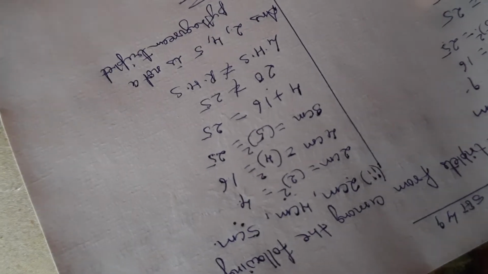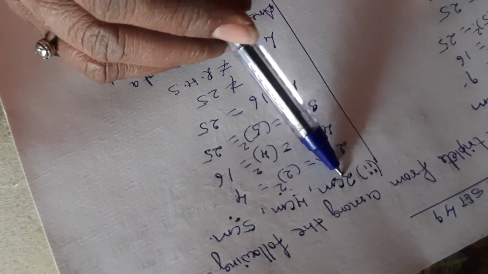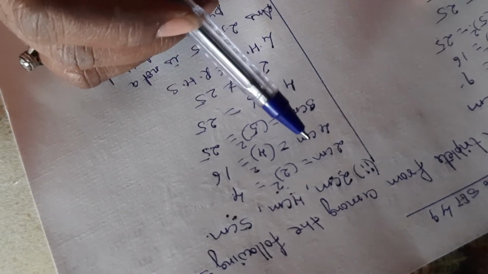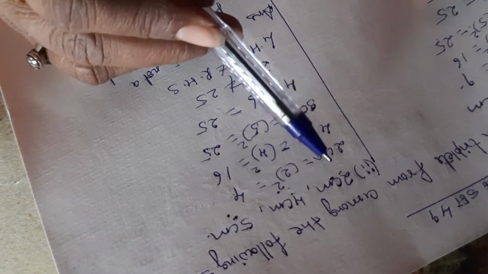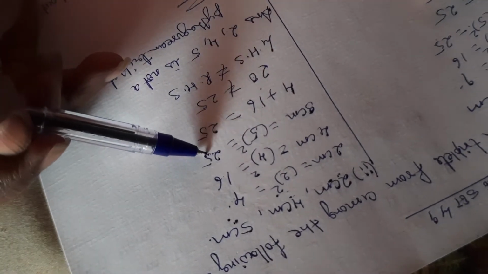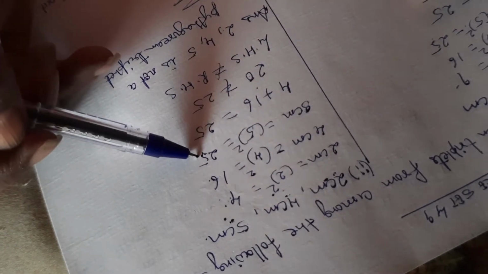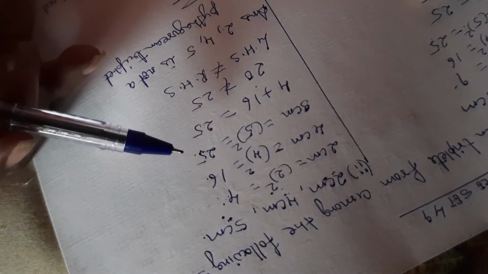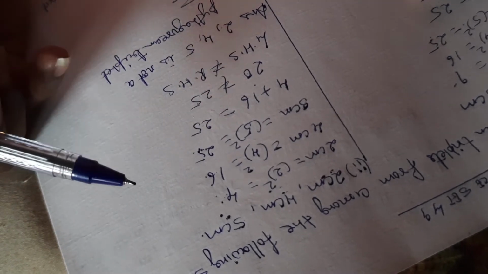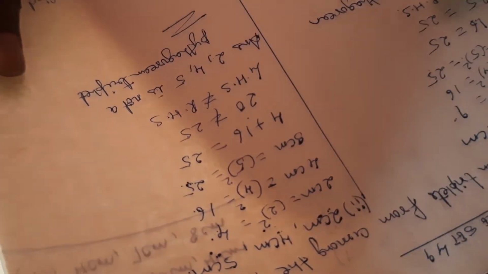Is it understood? Once again I am repeating. 2 centimeter, 4 centimeter, 5 centimeter. You pick up the numbers and you square them. Square means a number multiplied by itself. So it gives me 4, 16, 25. The biggest number is 25. When you add the other two numbers, they should give you this number. If it gives you, then it is a Pythagorean triplet. If it doesn't, then it is not a Pythagorean triplet. Simple, children?